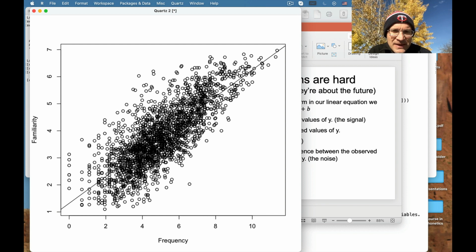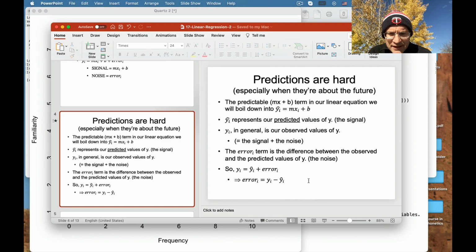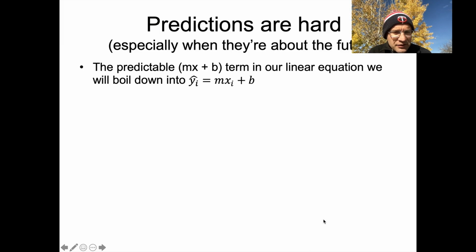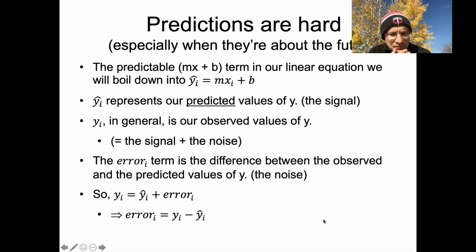And to go back to this graphical example, which I probably should have included in the slides anyways, the error again is just how far off the observed value is from the predicted value for any given value of y, but we're only thinking of it in terms of the y dimension alone, right? We kind of know what's going on with x, and we're trying to use that to predict what's going on with y.